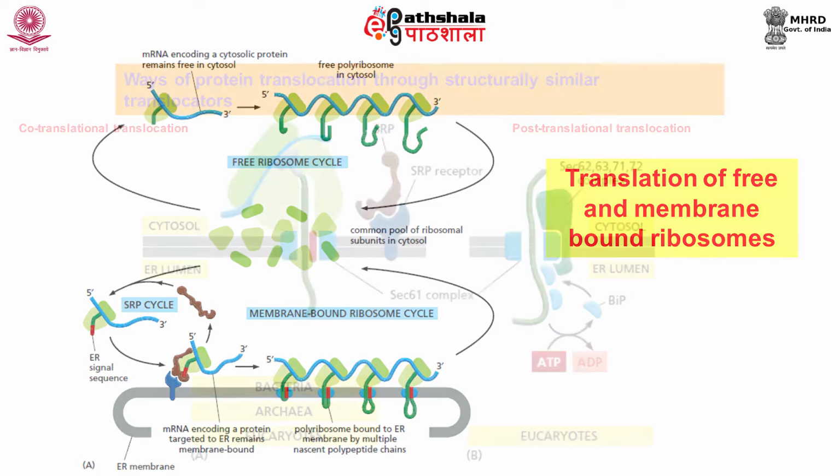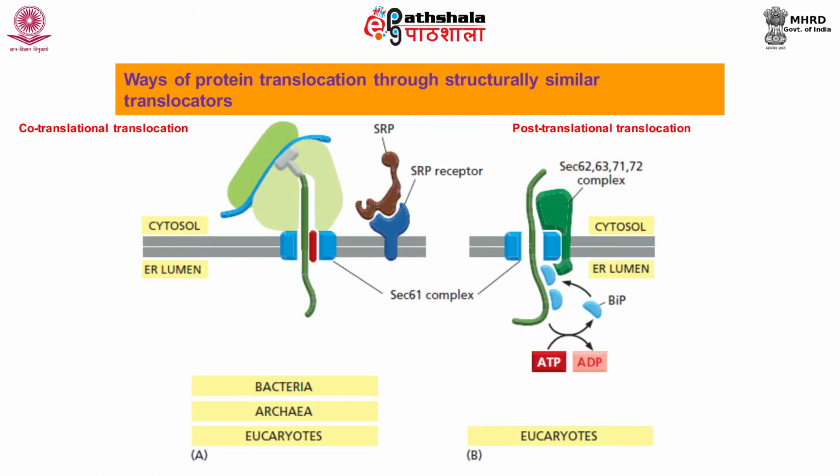In higher eukaryotes, proteins enter ER co-translationally, that is, during their synthesis, whereas yeast shows both co-translational as well as post-translational entry of proteins in ER. Ribosomes bind to the ER membrane during co-translational translocation,